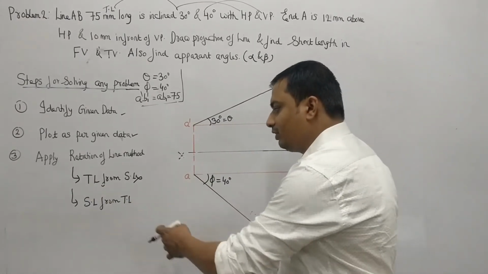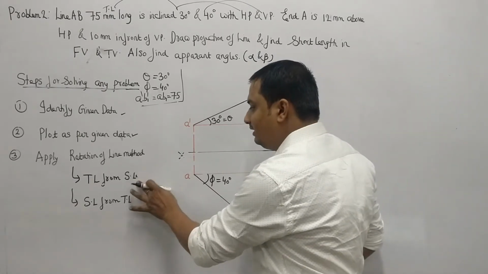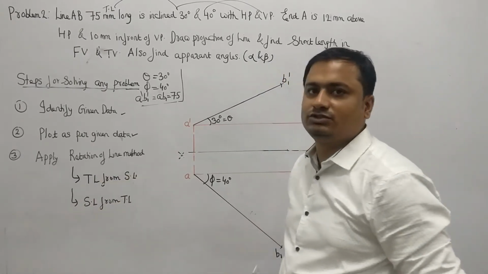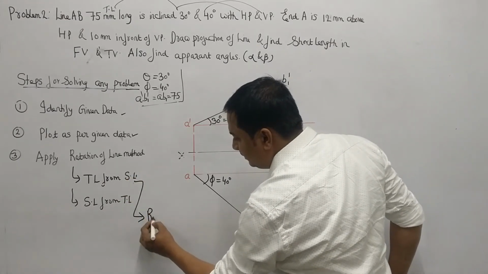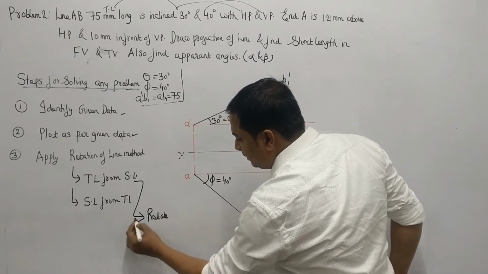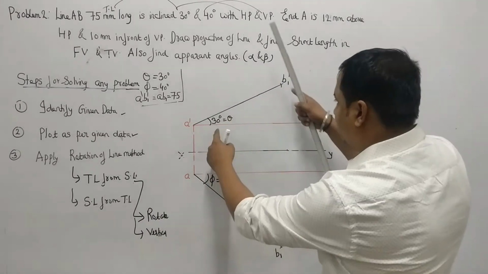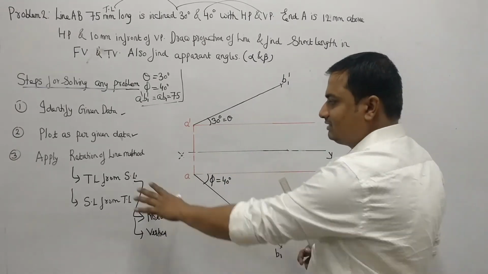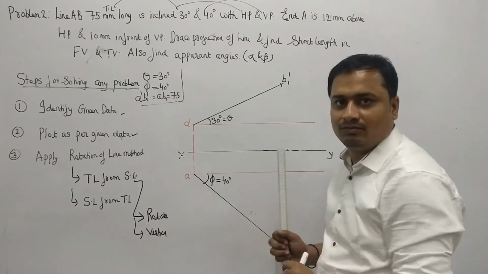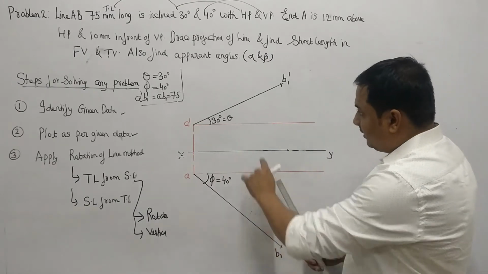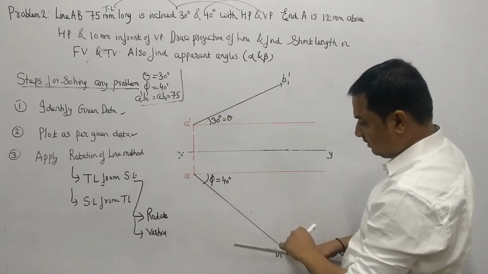Now what are we going to do to find the short length from the true length? That depends on what we have done in finding the true length from the short length. In that one, first we rotated, then we dropped vertical. Earlier we used to rotate first, then vertical. So that was the concept for finding the true length. But already we have the true length. Now we want the short length. We want this B dash from this B1.